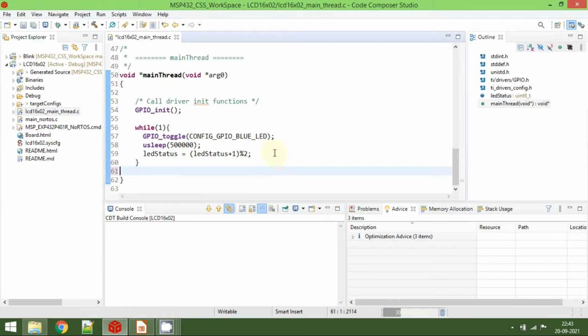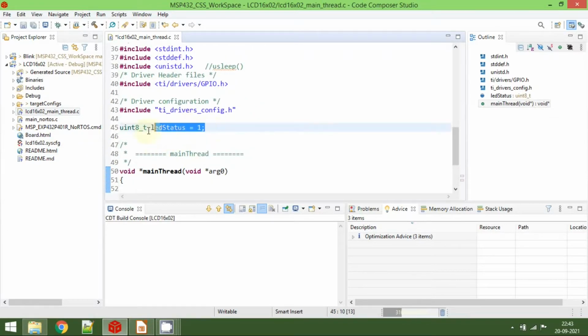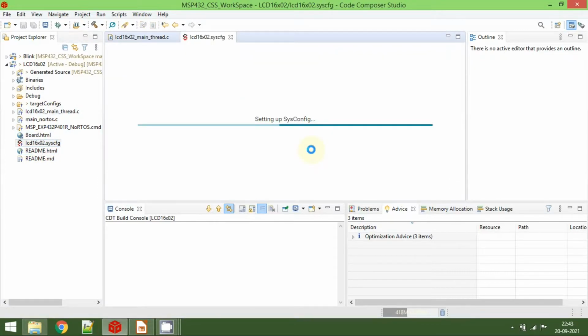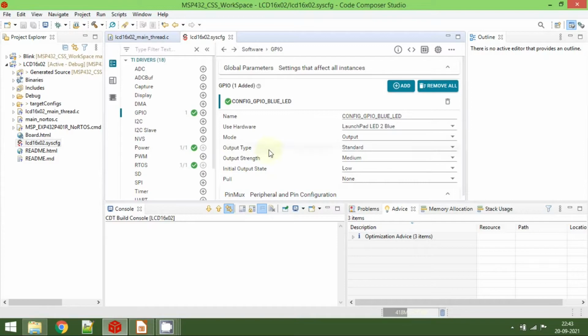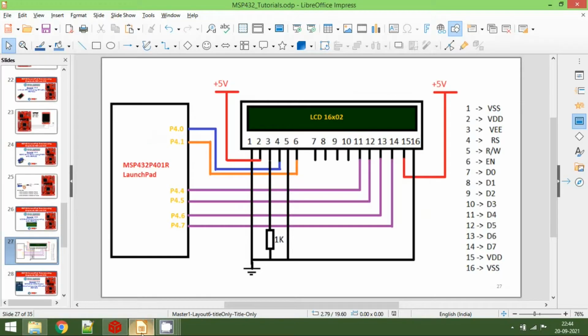Remove this, and we can put the GPIO initializations, no problem. So that's all for the changes here. Now go and open this sysconfig file. So remove the existing one, and then according to our connection diagram, to communicate with the LCD